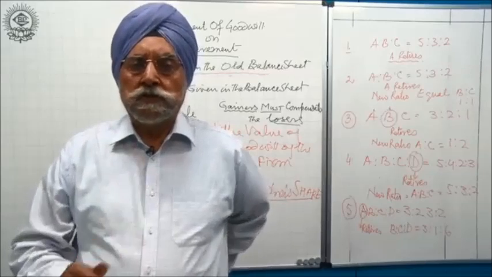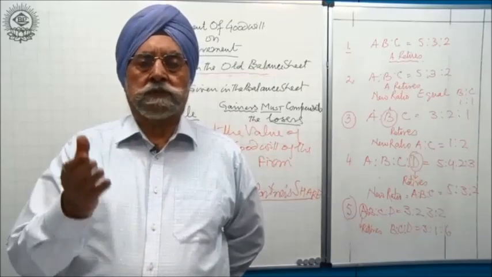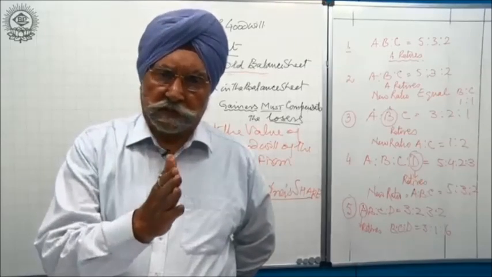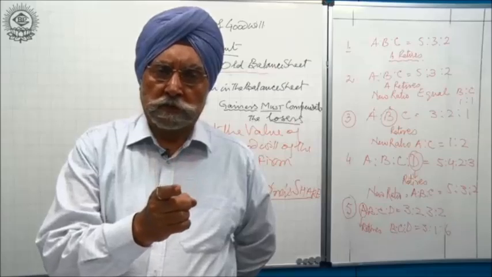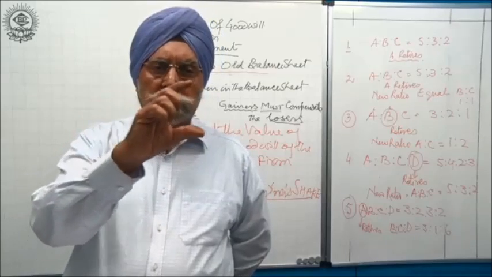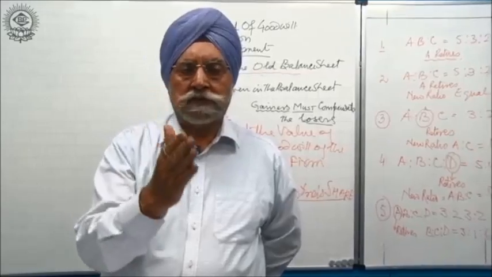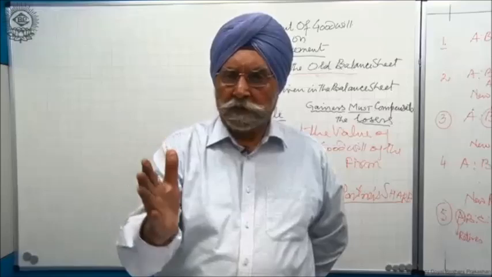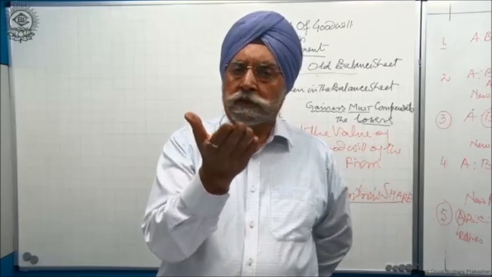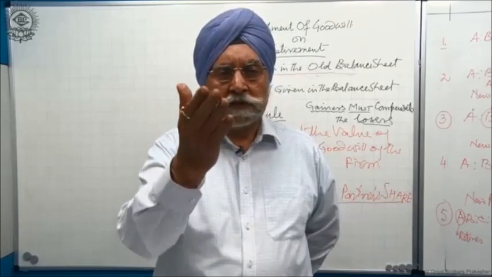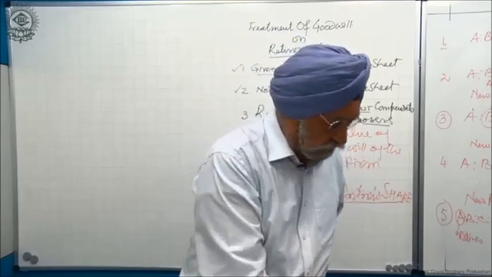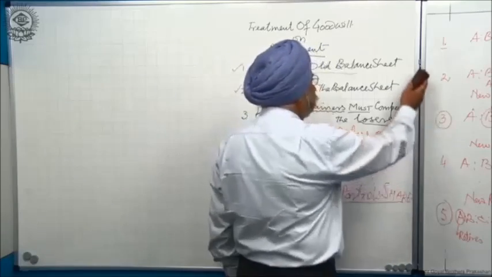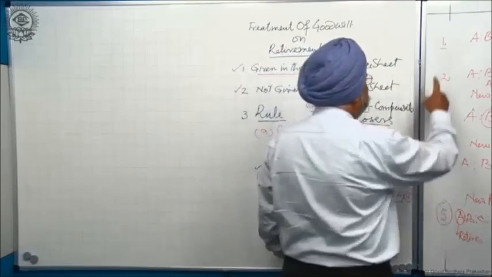And in which ratio will they compensate? They will compensate in the gaining ratio. We have already studied how to calculate the gaining ratio. Once you know the gaining ratio and you know the share of the retiring partner, this is very simple. Give the share of the goodwill to the retiring partner and let this be debited to the continuing partners in the gaining ratio. Therefore, this is to be done in 5 possible cases which I have listed here. These 5 cases are